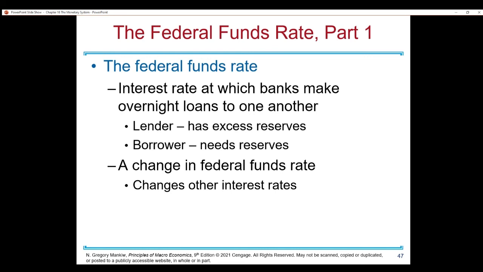They can also affect the federal funds rate by doing open market operations, buying bonds and selling bonds. When the Fed buys bonds and increases the money supply, banks find it easier to have reserves and excess reserves, which is going to increase the supply of money to lend, and it's also going to lower the demand because fewer banks find themselves in need of a loan since they have an easier time meeting their reserve requirements. And more banks have reserves to lend. So it's going to shift the supply to the right, it's going to shift the demand to the left, so the interest rate is going to fall drastically. It's going to be really low.